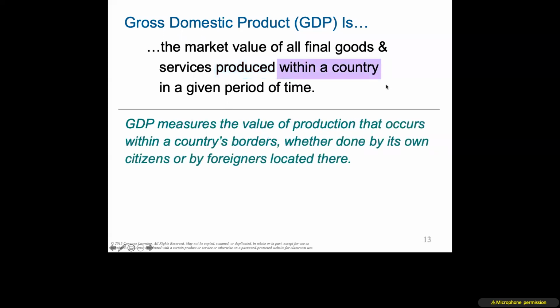Within a country. This is defined as literally within a country, within our borders. And it doesn't matter, wow, this is a tricky one, whether it's done by its own citizens or by a foreigner located here. So think about that. When a Honda is produced in Indiana, it is counted as part of the GDP. Yes, we all know Honda is a Japanese company, but what happened? It was produced here